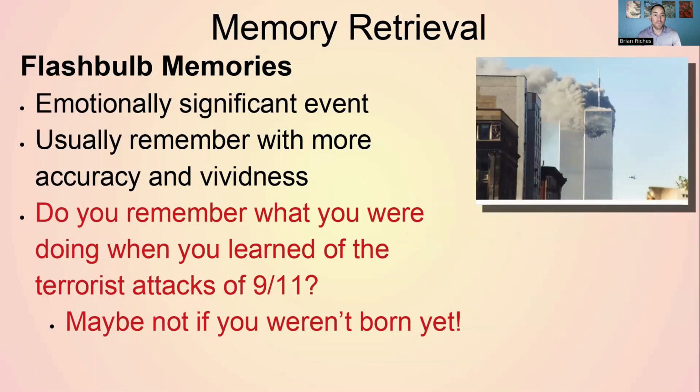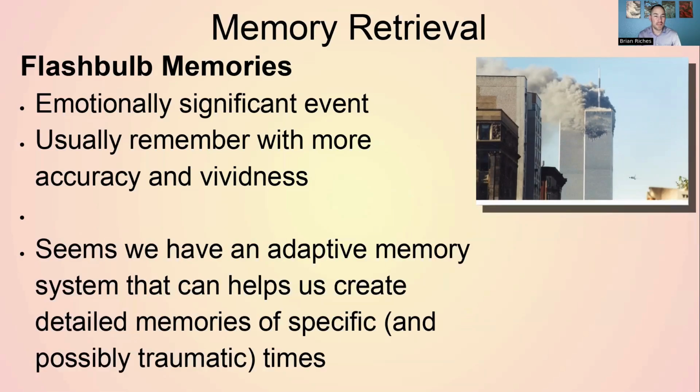So with this, any kind of emotionally significant memory could become a flashbulb memory, and depending on what it is, it might also be related to things like trauma and be easy to prime or trigger as well. And it does seem like it's an adaptive capacity that we can make these memories, because it helps us make really detailed memories very quickly. And so that could be really helpful to protect you from things. So rather than getting chased by a saber-toothed tiger out of a cave 4 times before you figure out there's a saber-toothed tiger in that cave, hopefully you would make that memory, oh, that cave is someplace to be